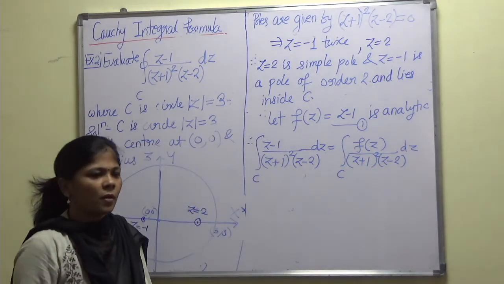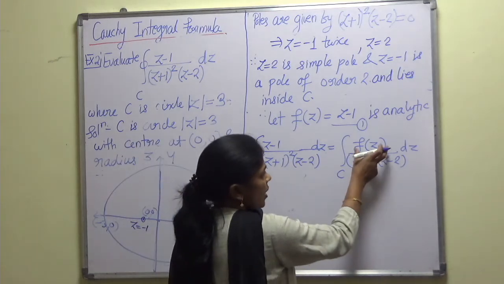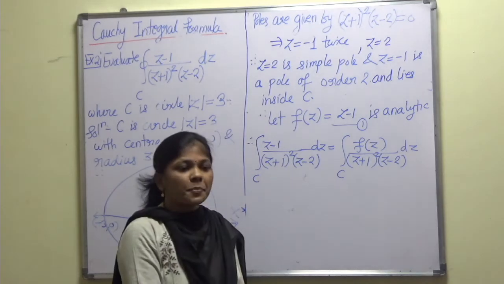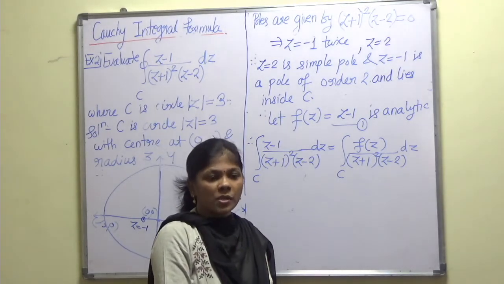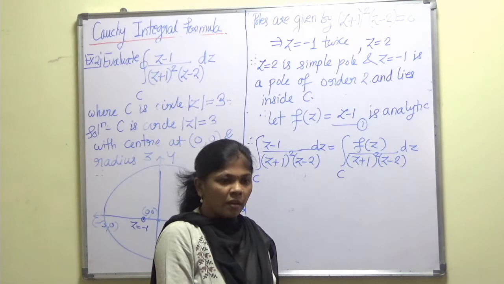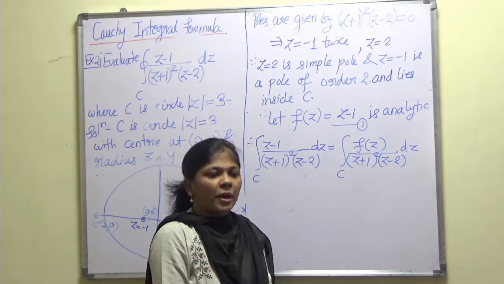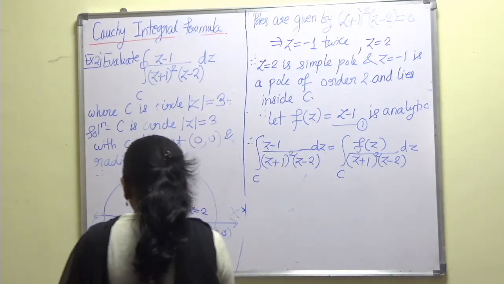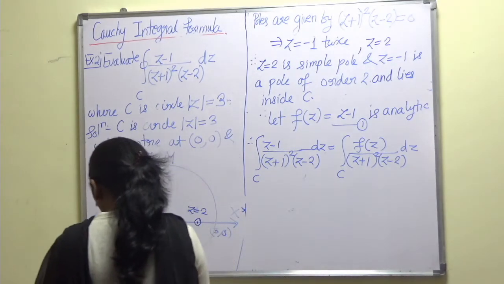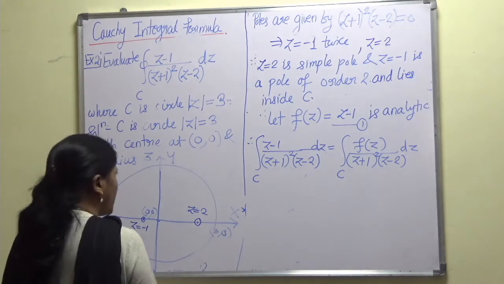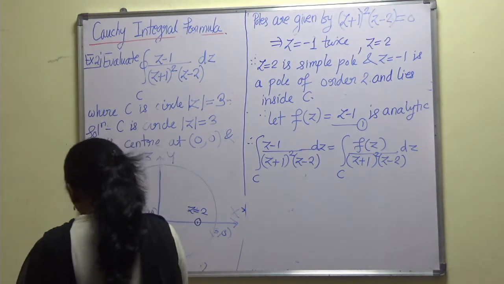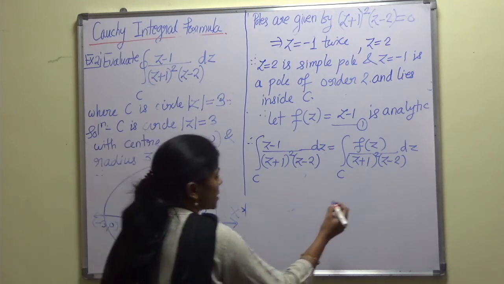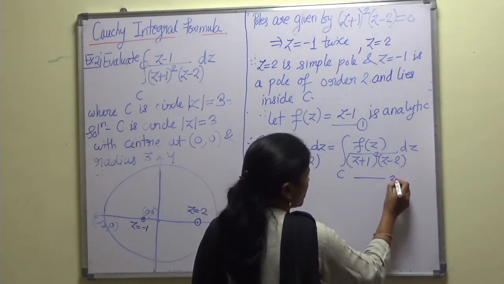Right? Now, what we find here? We have f of z and the other terms. These two terms are in product. So as per requirement, we need to separate these two terms. Right? So here we will apply the method of partial fraction, in order to separate these two terms. So let us see how these two terms are separated. Or we can have the other way around also. We can write it as, okay, so let us call it as equation number 2.